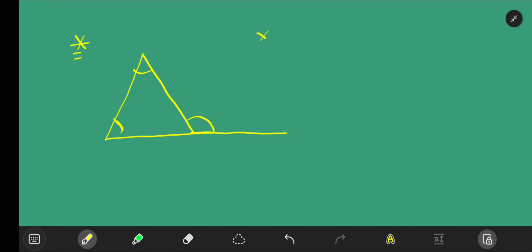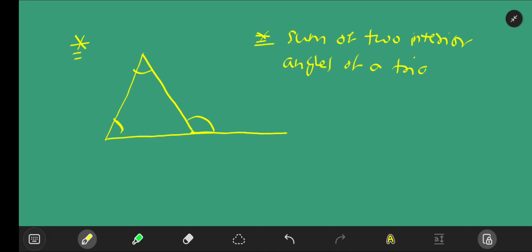Now the statement is, this is also an important statement: sum of two interior angles of a triangle is equal to